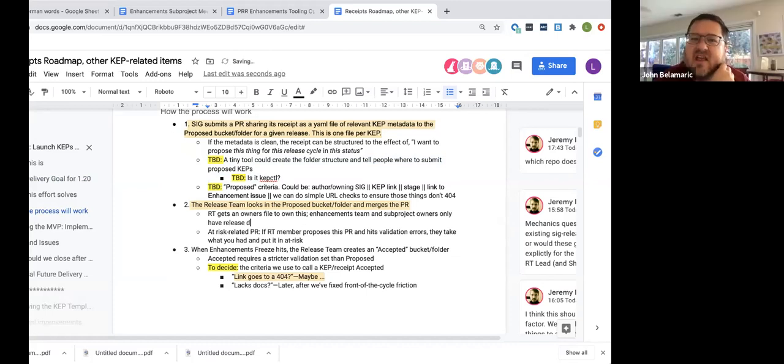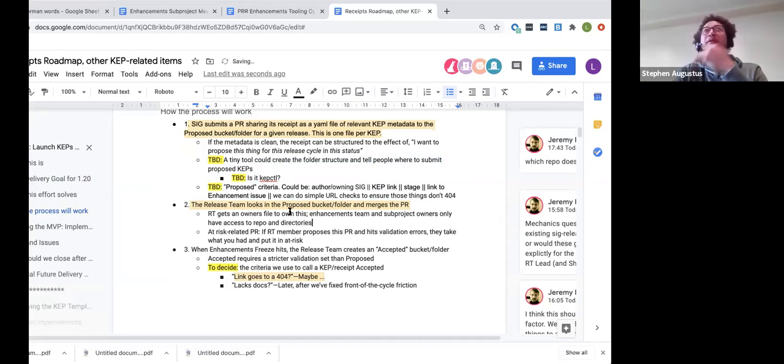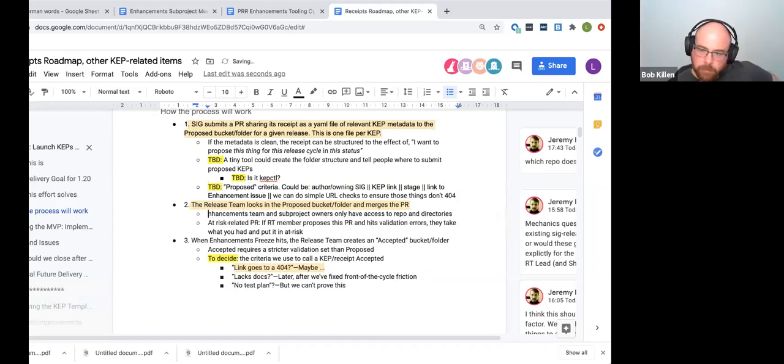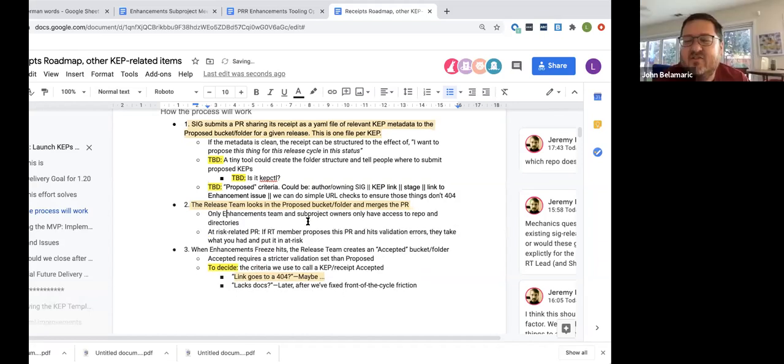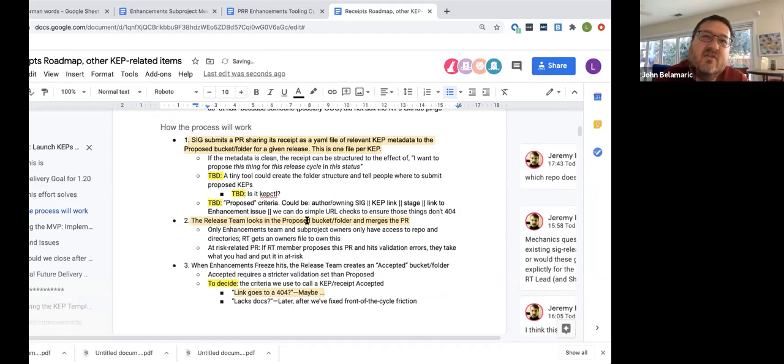Okay, so the process today that the enhancements team goes through is basically looking through the spreadsheet and nagging everybody. Well, before the spreadsheet even exists, they have to look through the issues and put them on the spreadsheet. Well, Bob's got a script, but yeah, we create the spreadsheet based on the issues. Then we have to go through and decide and ask people, are you going to include this?